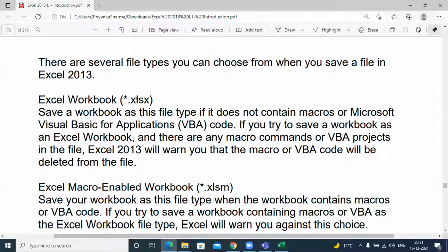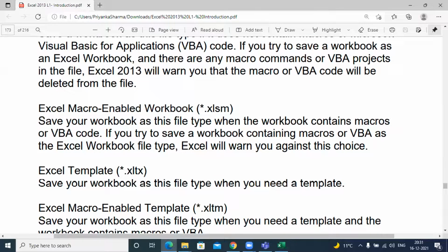If you want to save a workbook that does not have macros or Microsoft Visual Basic applications, you can use it. There is one more, which is .xlsm. You can save your workbook as this type when you have macros. Macros are some inbuilt code that you write on your Excel sheets using VBA. So if you have Excel VBA code and macros, kindly use .xlsm.